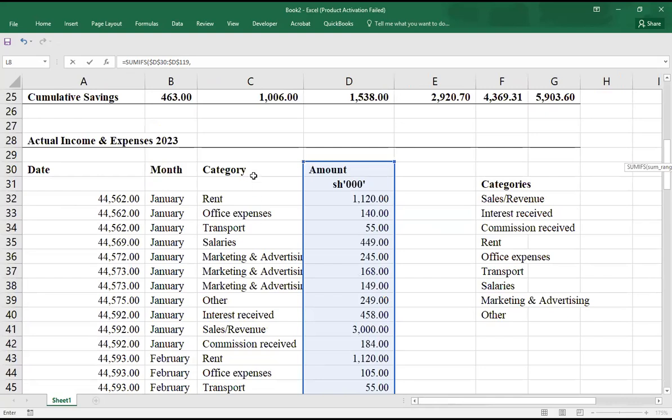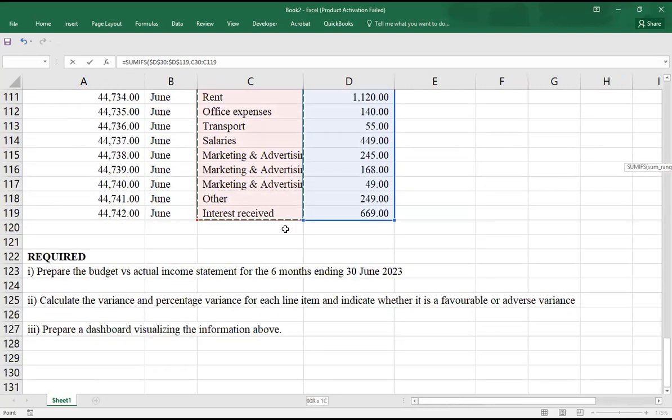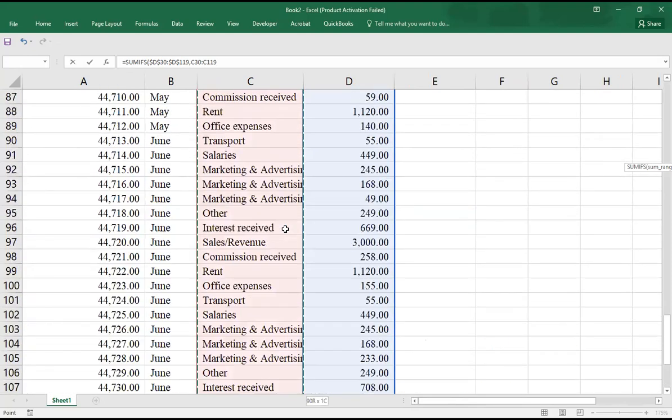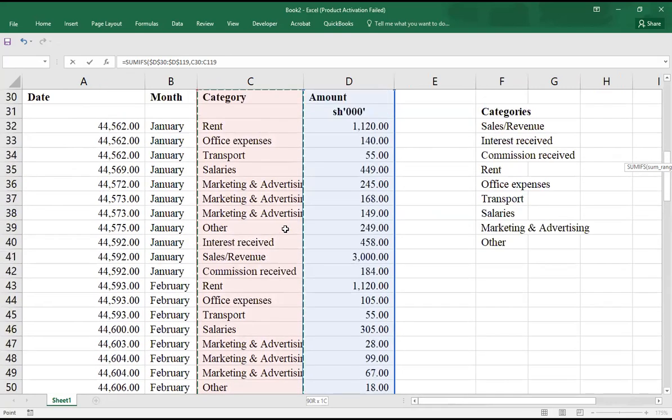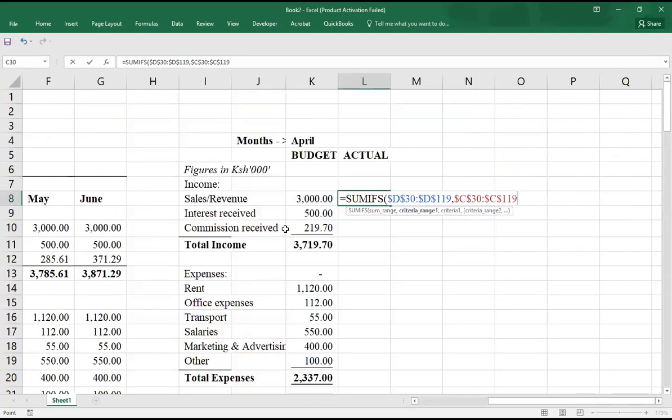It is located under category. So I'm going to select that category, Control Shift down, so that I have that category, literally over our categories, where our sales revenues are located. So I do F4 to lock it up,